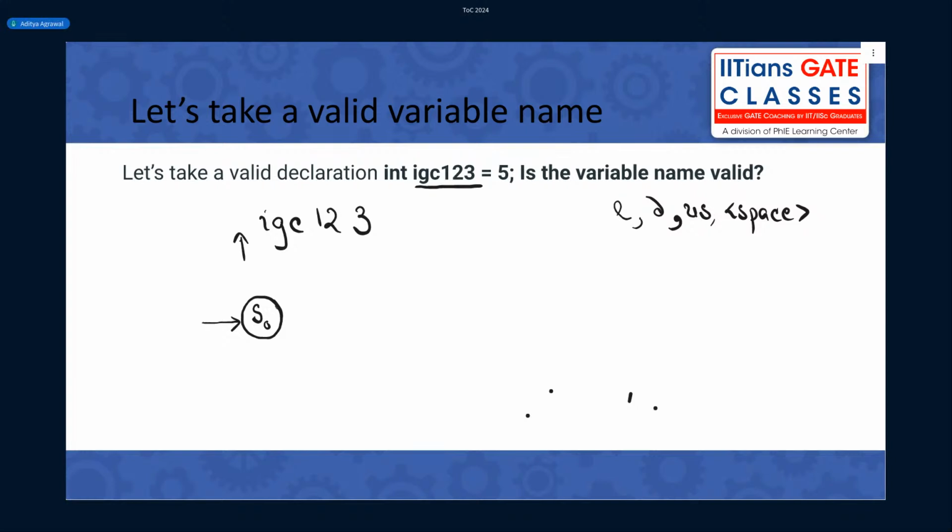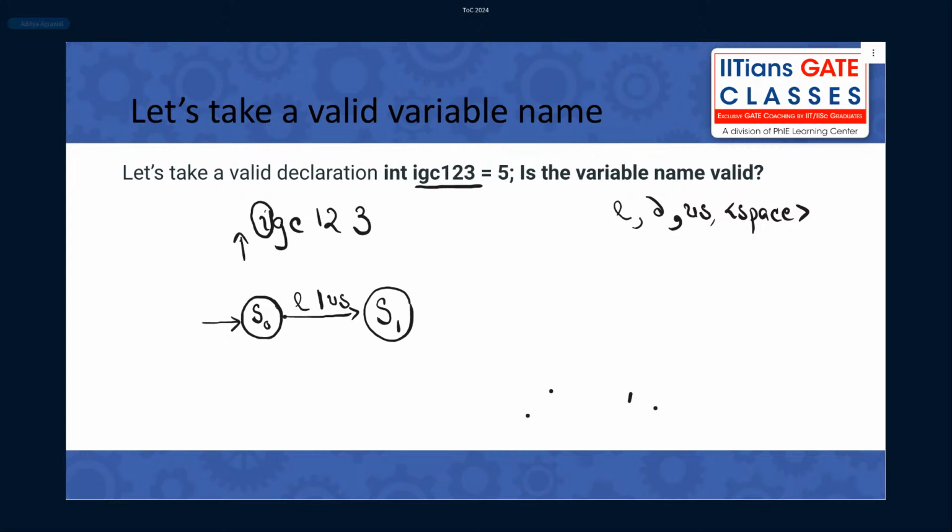When I am at the leftmost side of the pointer, I denote it by a state. Let's say I go to a state S1. How can I go to that state? If the letter I'm currently trying to read is a letter or an underscore, then I can go to a state called S1.